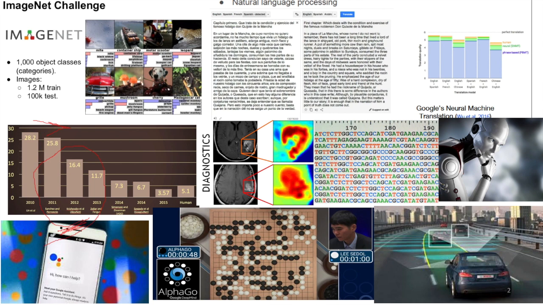The number you see here is the top 5 error rate. This means that if you have 5 guesses, 1, 2, 3, 4, 5, given an image from the ImageNet dataset, what's going to be your average error rate of classifying those images? It was around 85%, plus or minus 1, depending on the version of AlexNet.